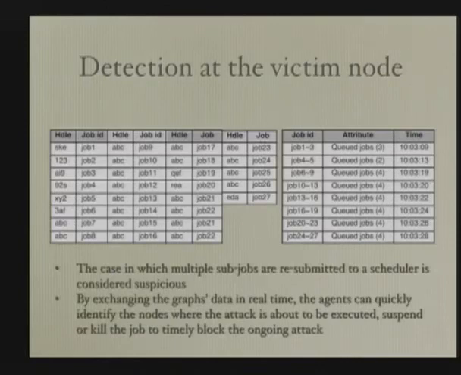From the left table, which maps handler and job information here, the handler is unique for all jobs, for all graphs. So if two subjobs have the same handler, they came from one job and were divided. So from the left table, from job 6, which is queued at 10.3.19, from job 6 through job 27, when we check how many handlers there are, we can know that 20 out of 24 submitted jobs have the